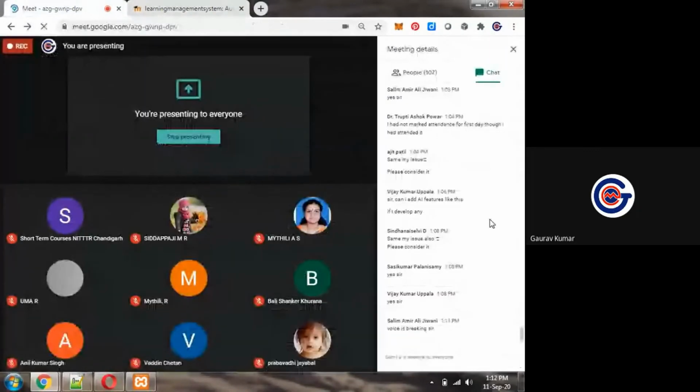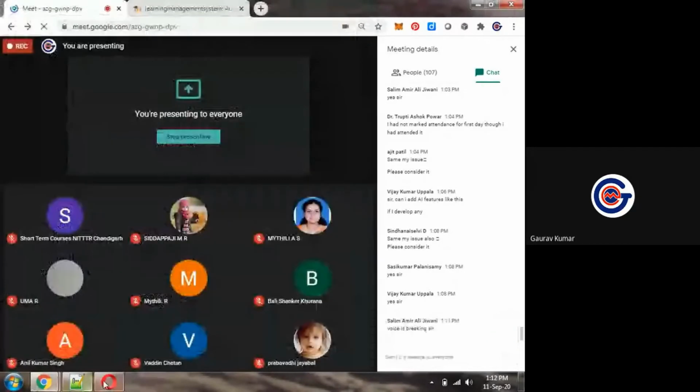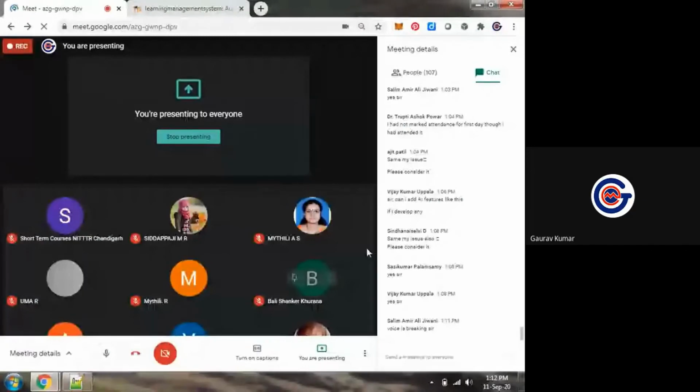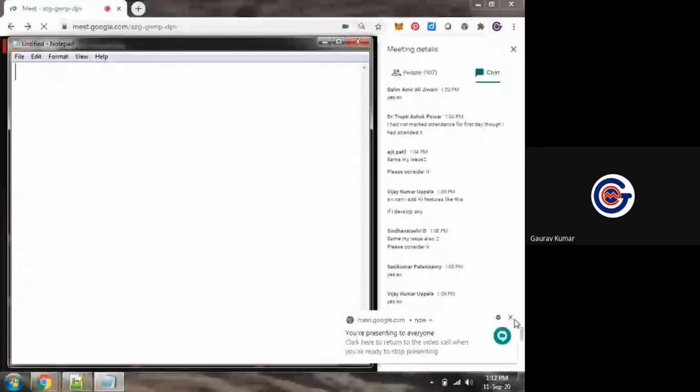So in this way we can use Moodle. Now, if I want to close the server of Moodle, it can be done like this, and after this we can shut down the server. This application will run on the server only when your control panel is open, with MySQL and Apache.